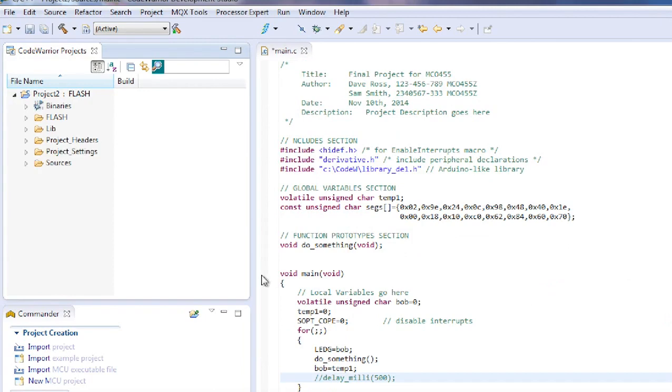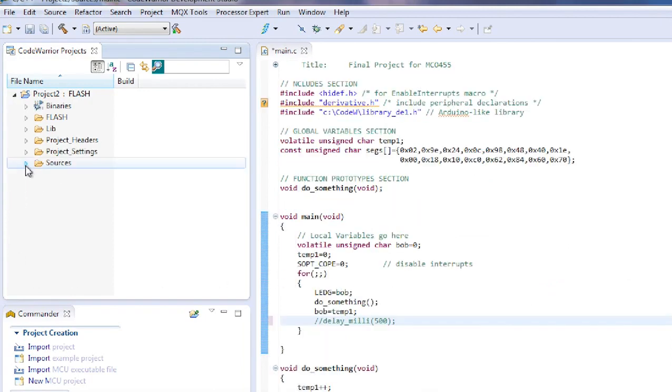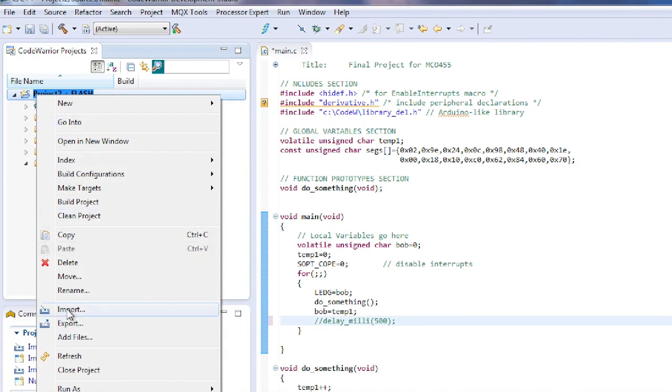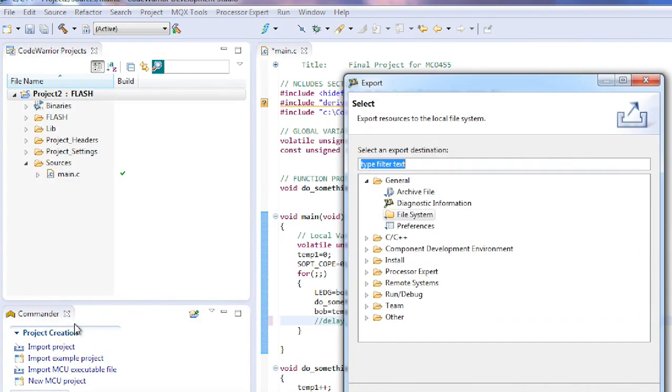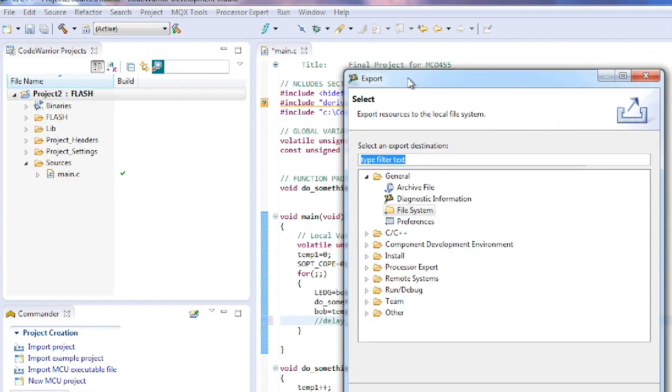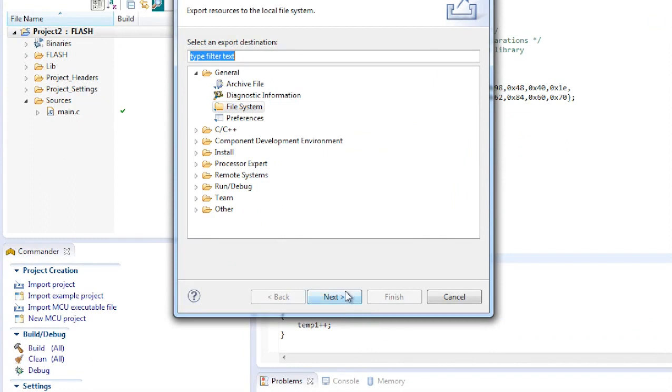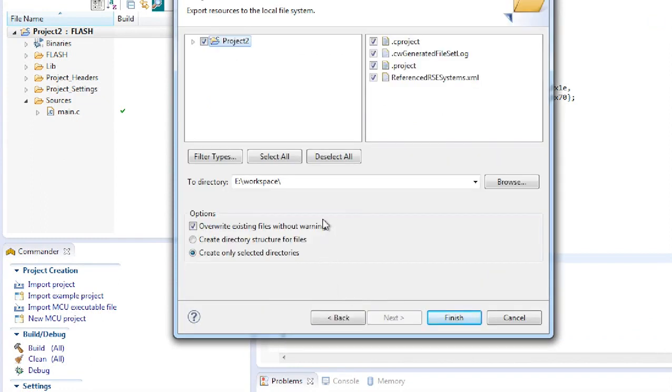And what we're going to do is, and let's click up here, and this is the same program as we had before, exactly the same. So what we're going to do is we're now going to right mouse click again, and we're going to say export, but we're going to do something a little different. Let's slide this over so we can take a little better look at it here. So we're going to say next, and notice it says